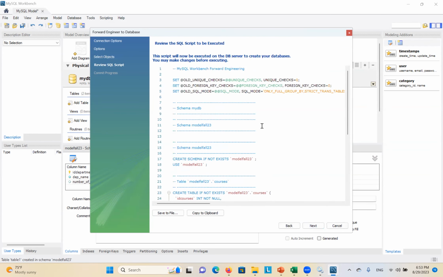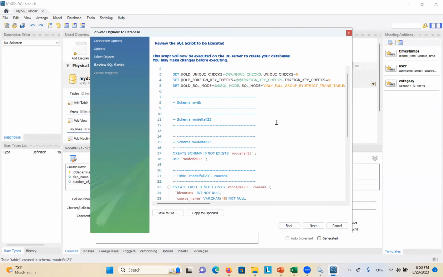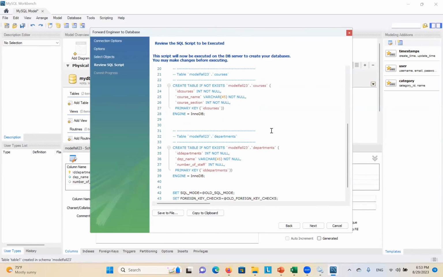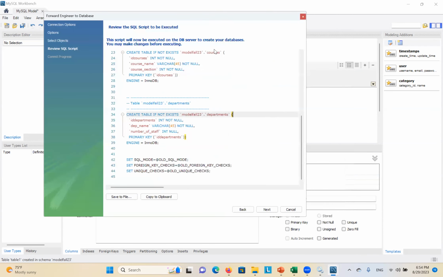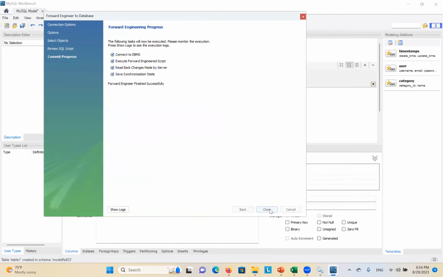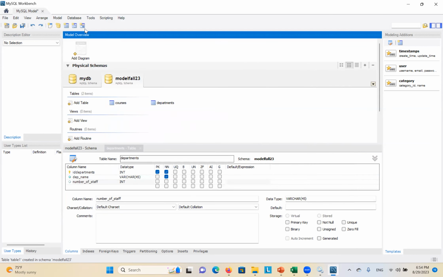And there you go. That's the code that was generated for you, okay? We don't want that code generated when I ask you to submit code, but for the homework number 1, you can use the forward engineer because it is required in the homework number 1. And then click on close. Now that I have already forward engineered,